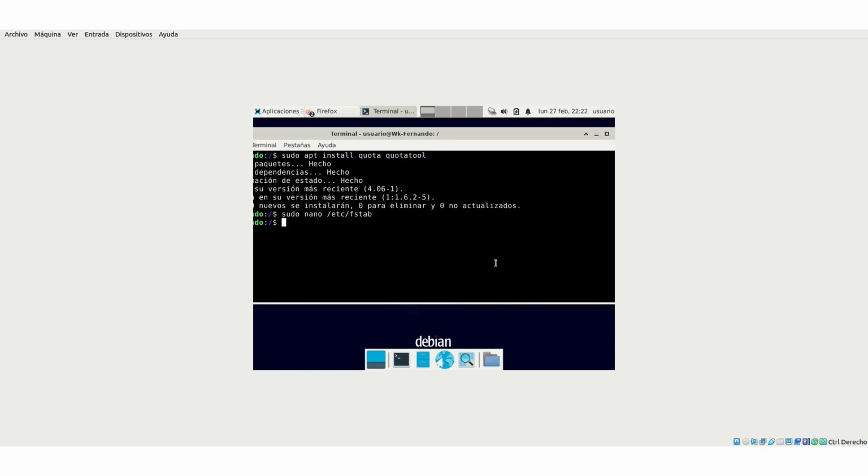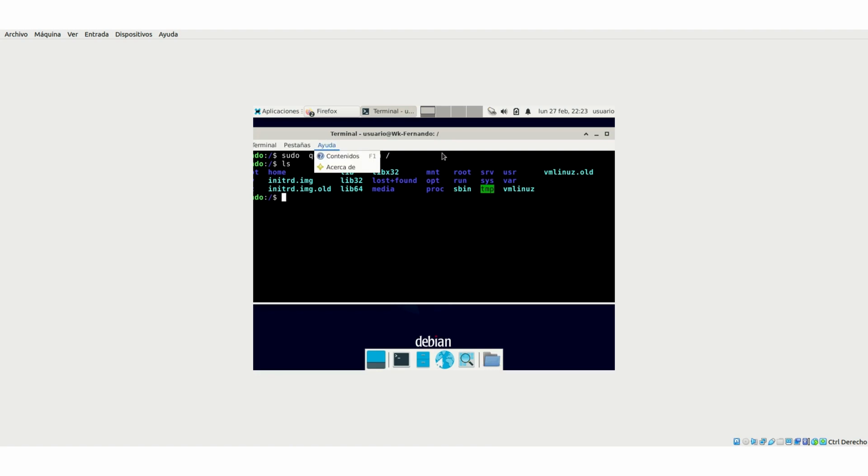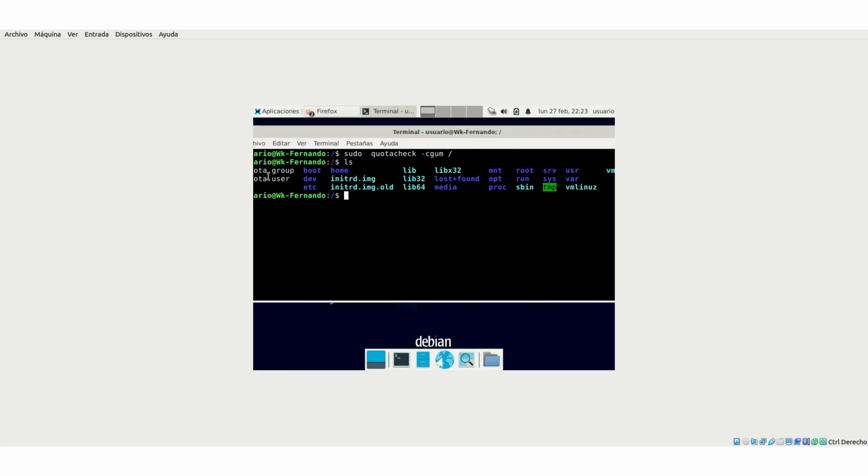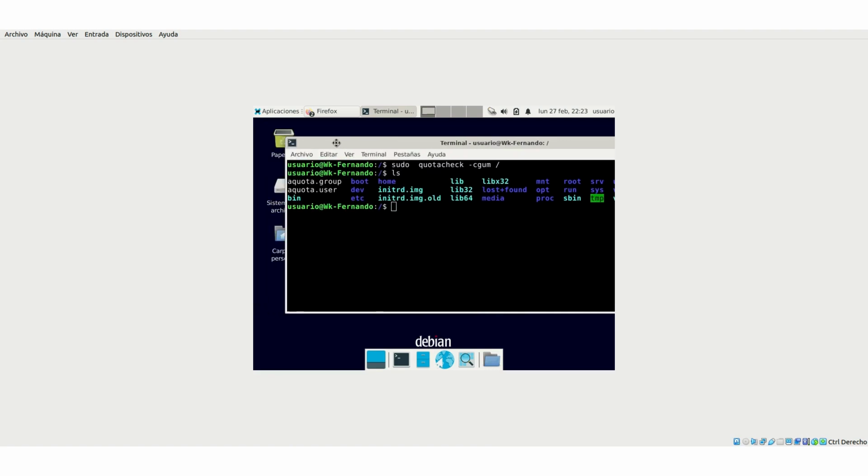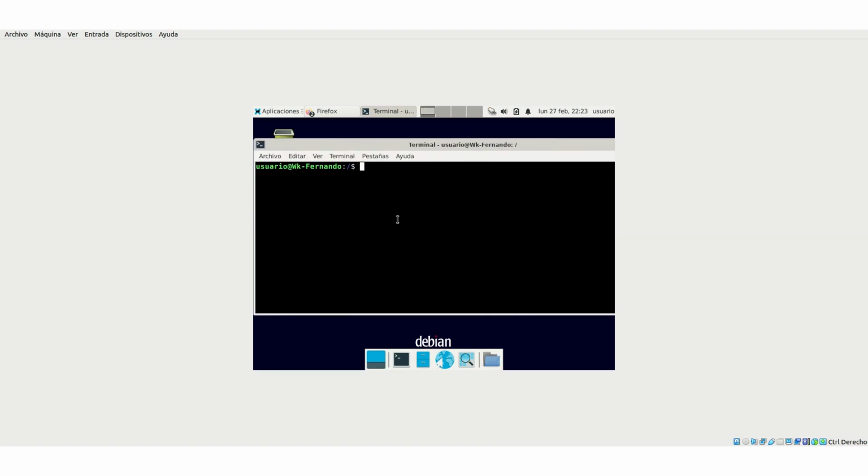Once we have that, we save the file, and we have to activate that in the slash. So we do sudo quotacheck and the slash. It's going to create these files, that are these ones, quota.group and quota.user. And after we have created them, I'm going to